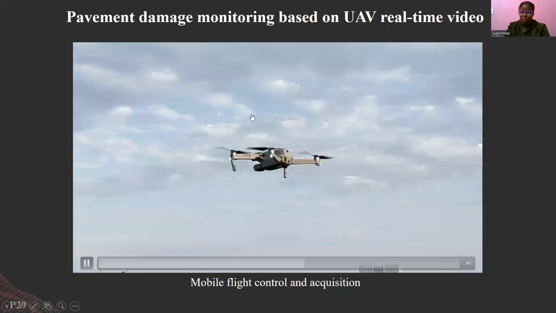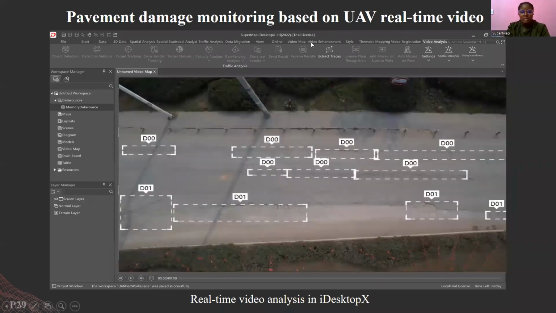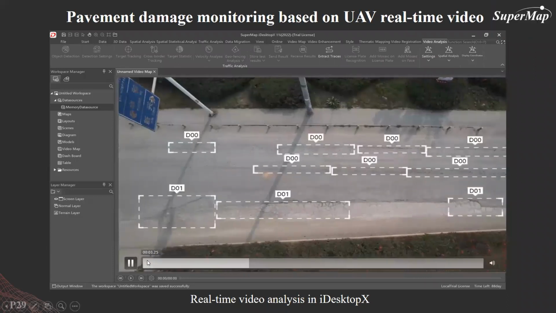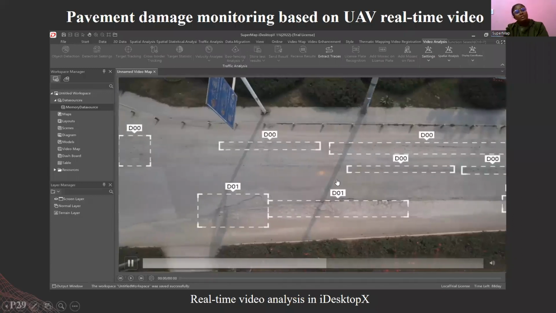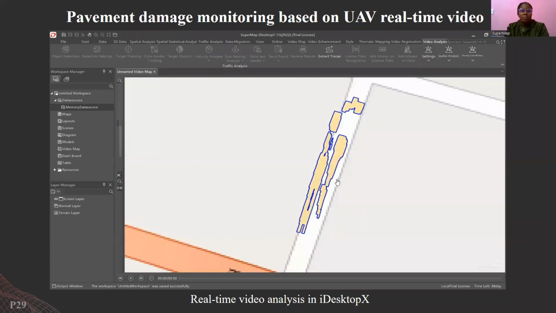We then have mobile flight control and acquisition. In this particular instance, it's still under classification and of course under machine learning, and it's where you're now trying to make classification based off on a video. And in this particular instance, this would be very helpful to road agencies that are trying to, let's say, perform monitoring of damaged pavements. So this would then be the final result. This would then signify areas of the pavement that have been damaged. Now, in this particular instance, the data set or the input data set would mainly be